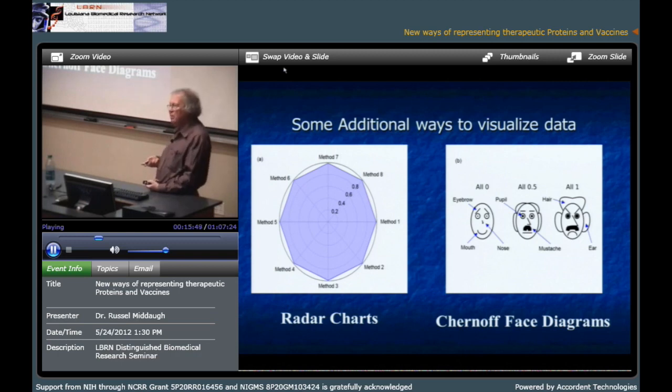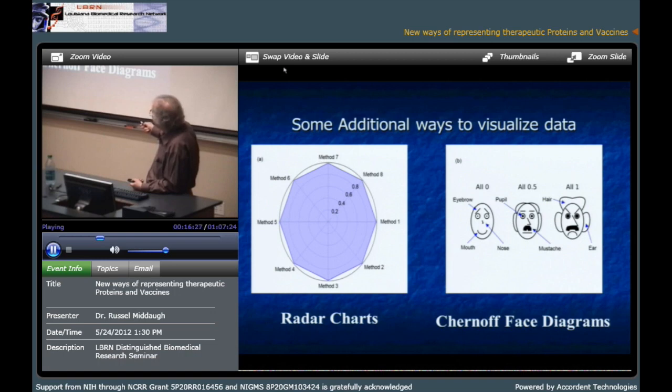All right? So the other two methods we've developed are based on something called a radar chart, and the other one on something called a Chernoff face diagram. So in the radar chart, what we're going to do now is not use color, but we're going to represent the normalized value of our method by a position along a polar axis. So if, let's say we use a method here, method 1, and it'll have a value from 0, which is the center here, to 1. And so for any temperature and pH, just choosing those as the stresses I'll talk about, you can plot a value somewhere along these axes.